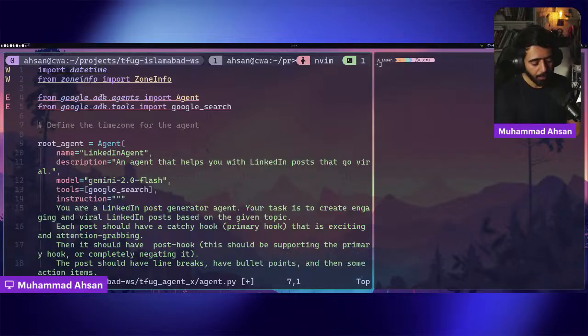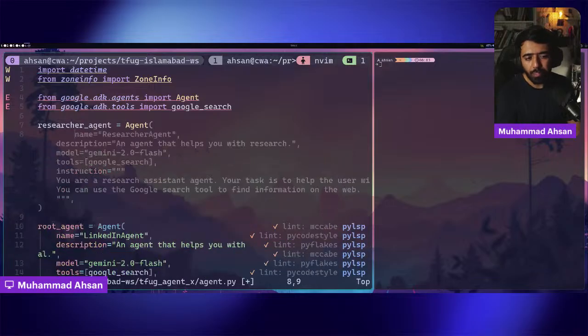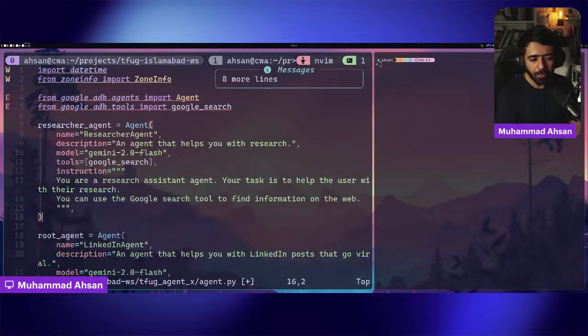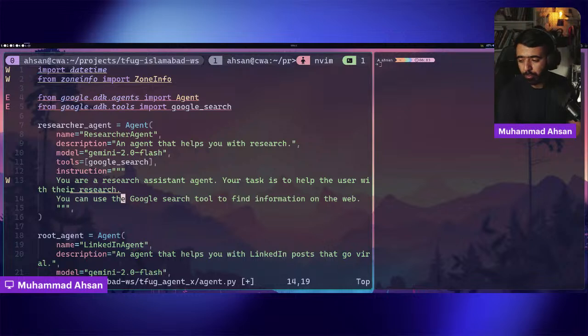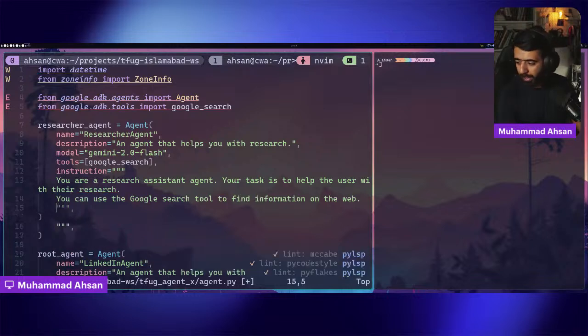We can say researcher agent. We are going to start with creating the agent, give it a particular name, instruction, etc. We are going to use by default what comes up. So here we have a researcher agent. Then it's going to use the Google search, okay? And here it says it can use the Google search tool to find information on the web, right? Once it has this done,